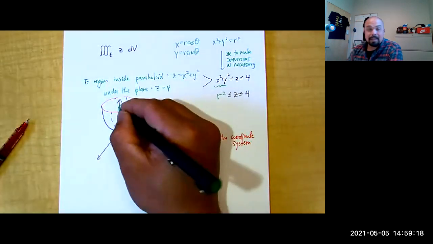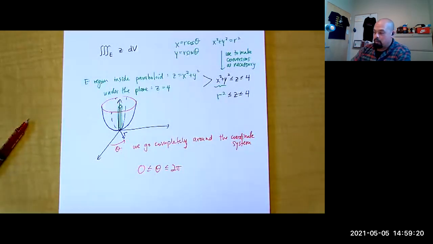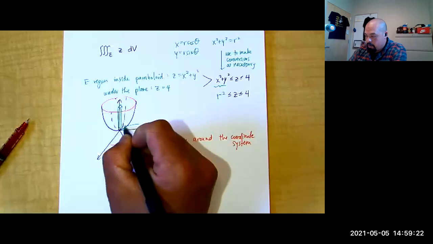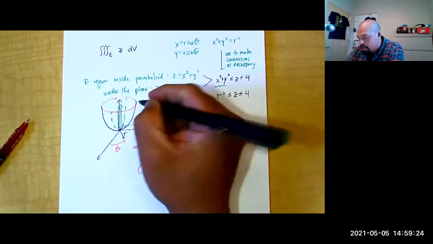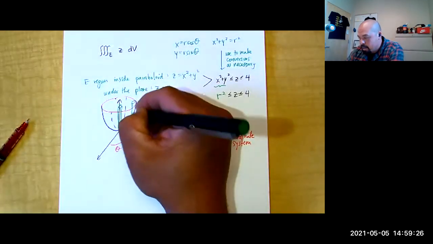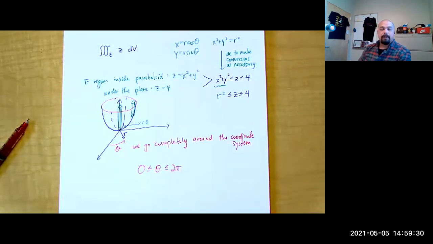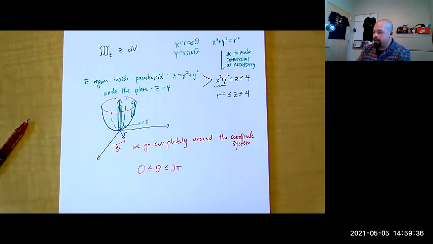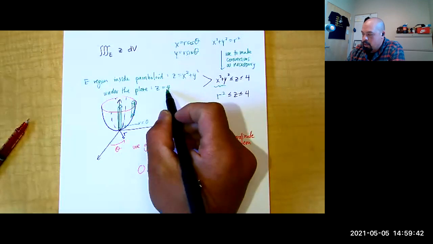I can put it right there on the z-axis, right, when r equals 0, or we can start to shift it out to those edges, right? And if we're going out to z equals 4,